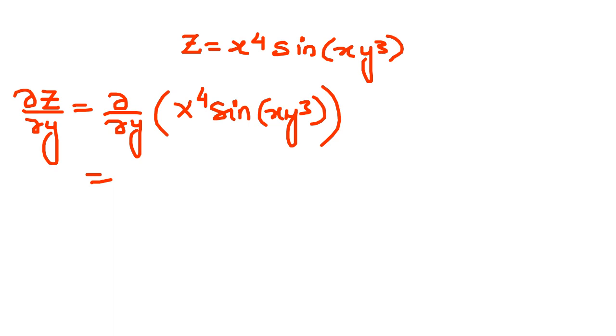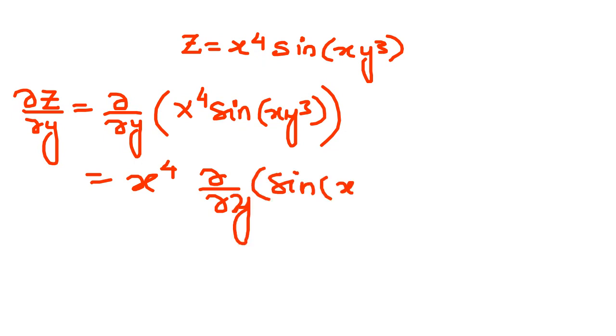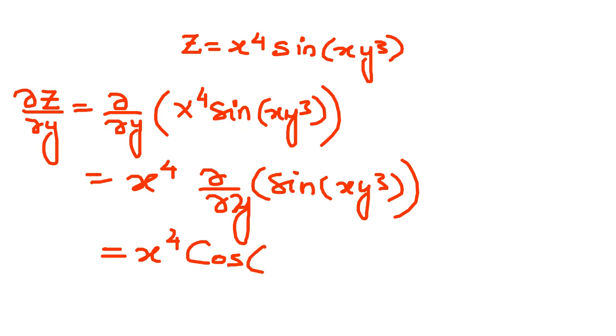Okay, now x power 4 is a constant, so you can take the constant outside, and partial derivative of y of sine of x y power 3. What is the derivative of sine? The derivative of sine is cosine x y power 3,